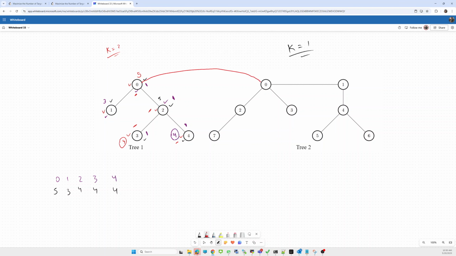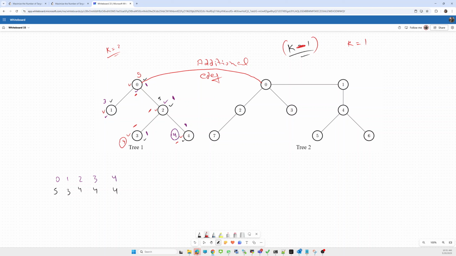So we'll introduce one more additional edge. That's why we need to calculate minus 1. K minus 1 for k minus 1. So what will be the k value? It is 2. So now our k for the second tree will be 1.